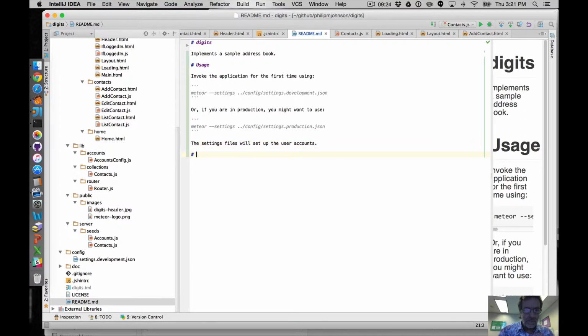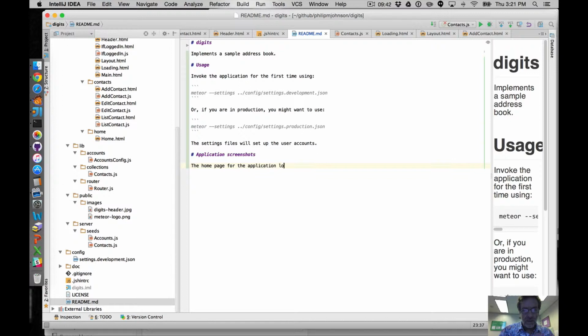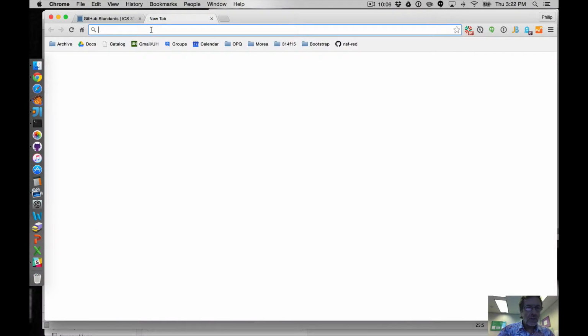Okay, applications, screenshots. Here is what the home page for the application looks like. Okay, so we need to now insert a screen image, and on GitHub you put an exclamation point, then square brackets, and then you're going to have it in parentheses, and then what we're going to do is actually just go to GitHub